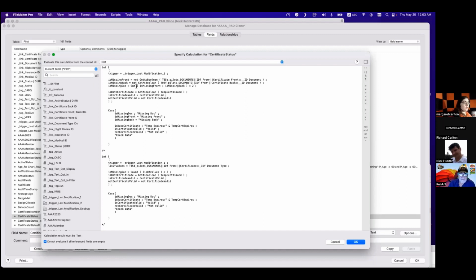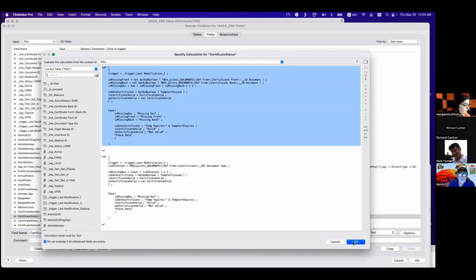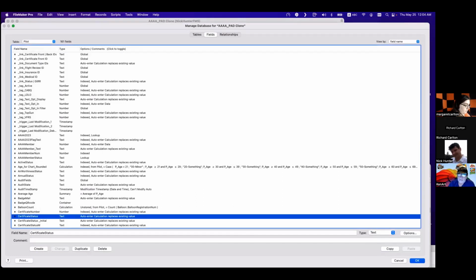So I said sum of this equal to. So when both are missing, let's copy this. It's interesting, because I'm not doing this often, so it's interesting to see which technique we can use.